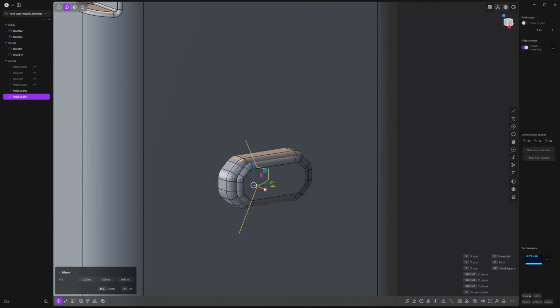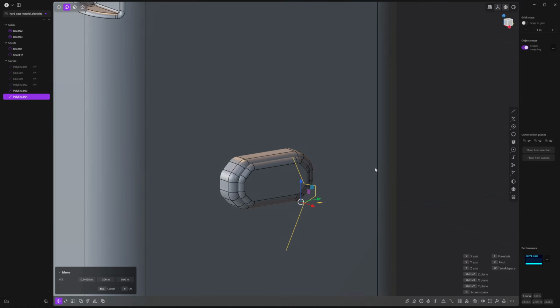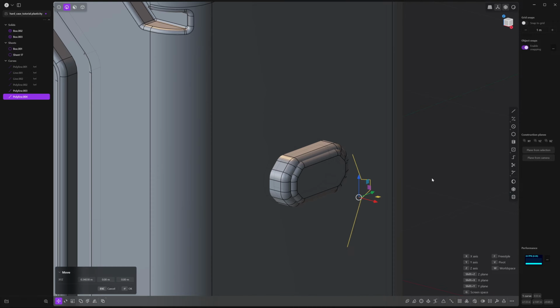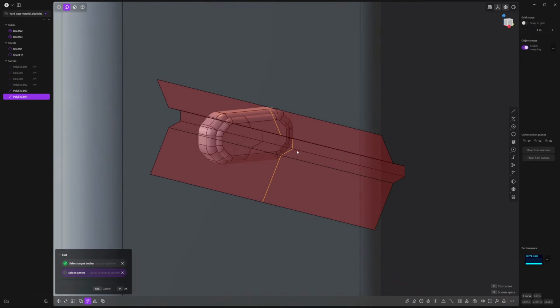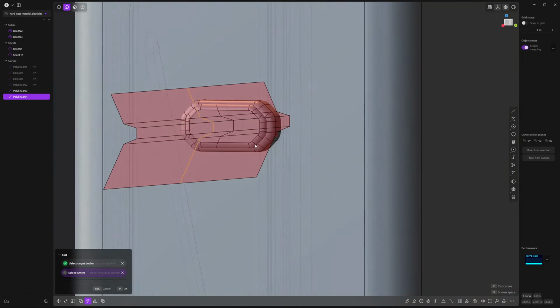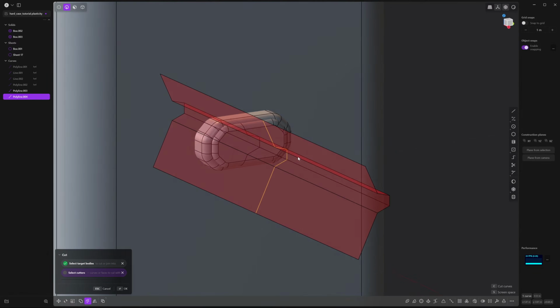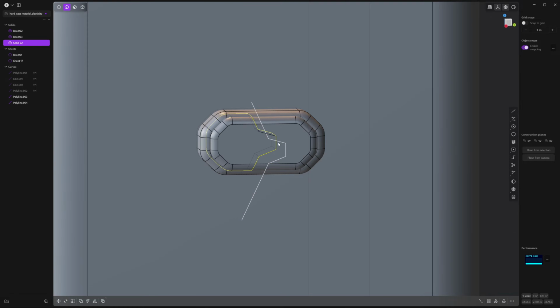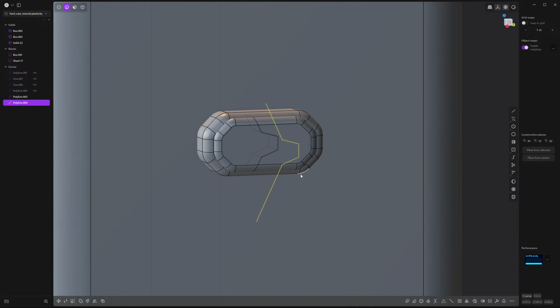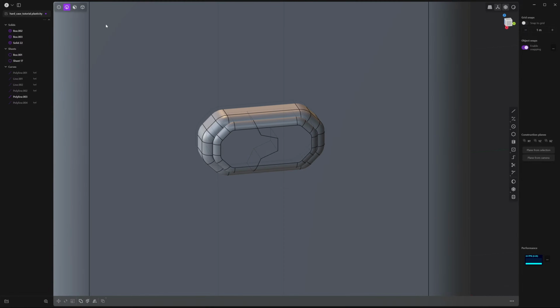Great. So let me just show you what this does by moving the curve out. We're going to use this to project a cutting line into that shape. So press C and then select the object you want to cut. And you'll see it creates this red shape that's going to be used to cut right through that geometry. Right click to accept. Let's select this curve by pressing 2 and H to hide it.